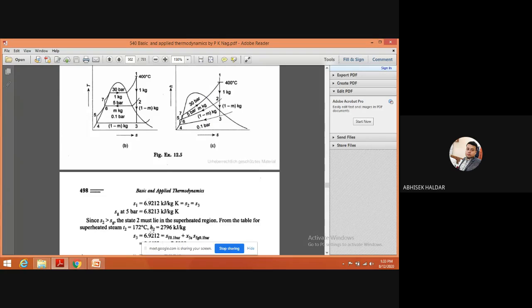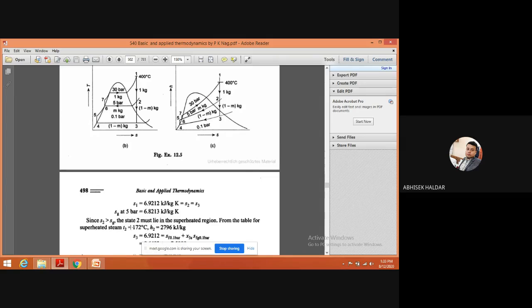Which one is easier, using the steam table or using the Mollier diagram? Mollier diagram. Obviously it is the Mollier diagram, because you will be having both at the time of the exam. You will be having both. Okay, so this H2 value you can get directly and easily. That means you will just locate this point in the Mollier diagram and correspondingly take the value.